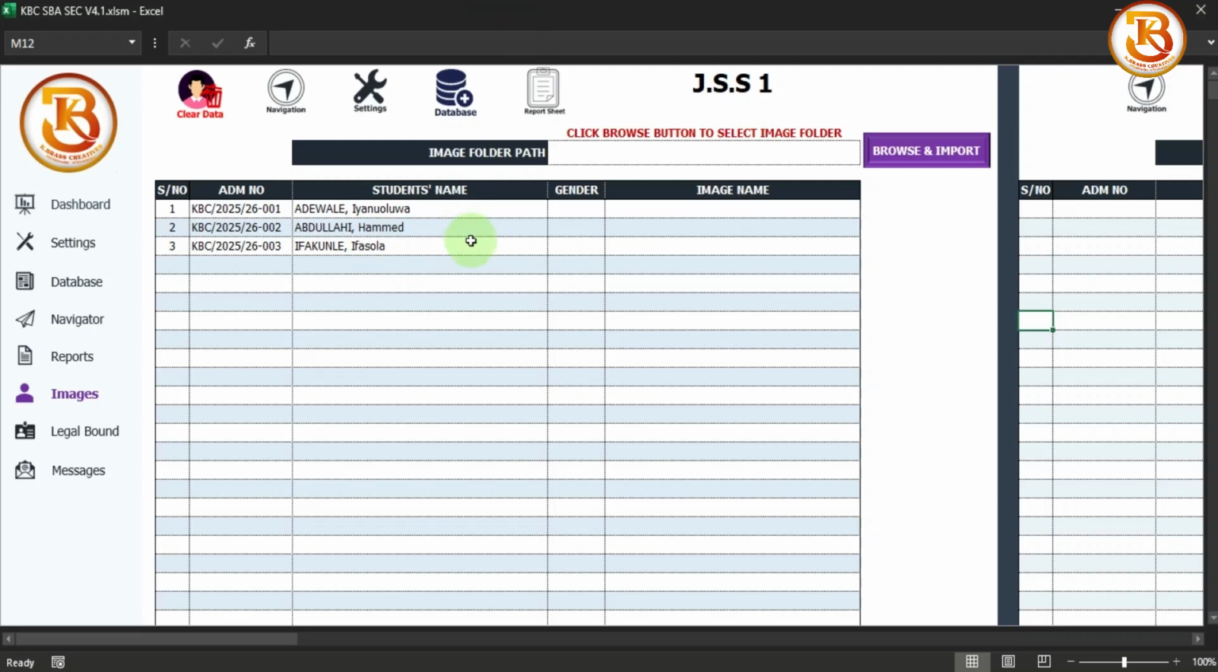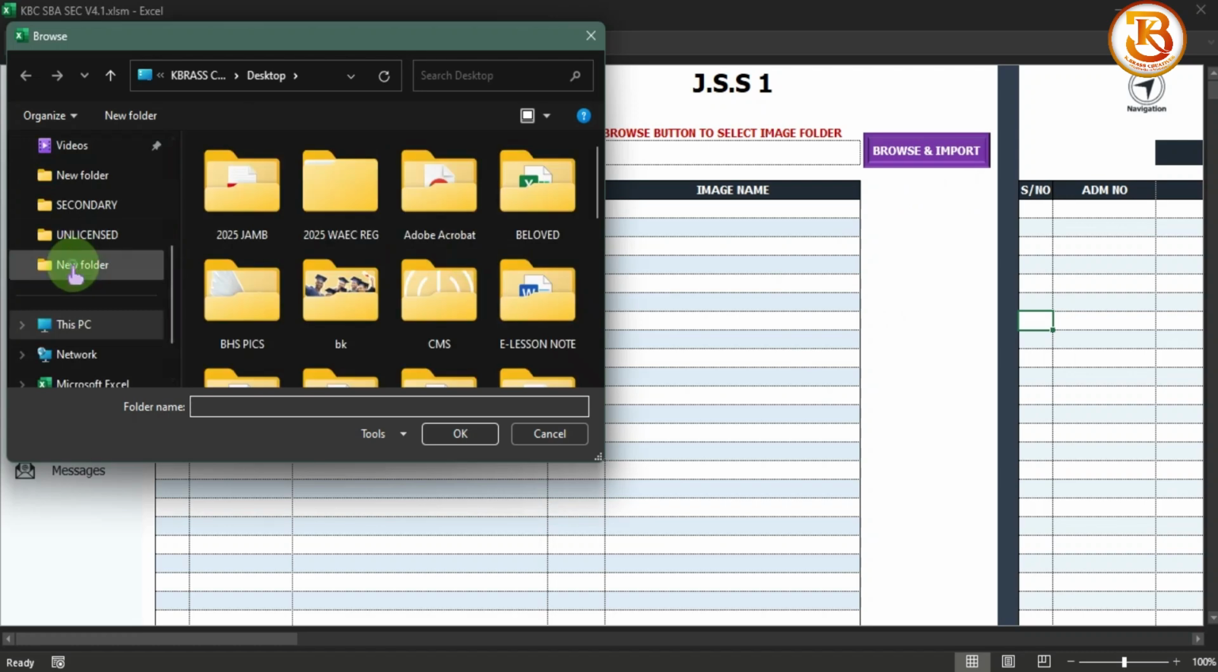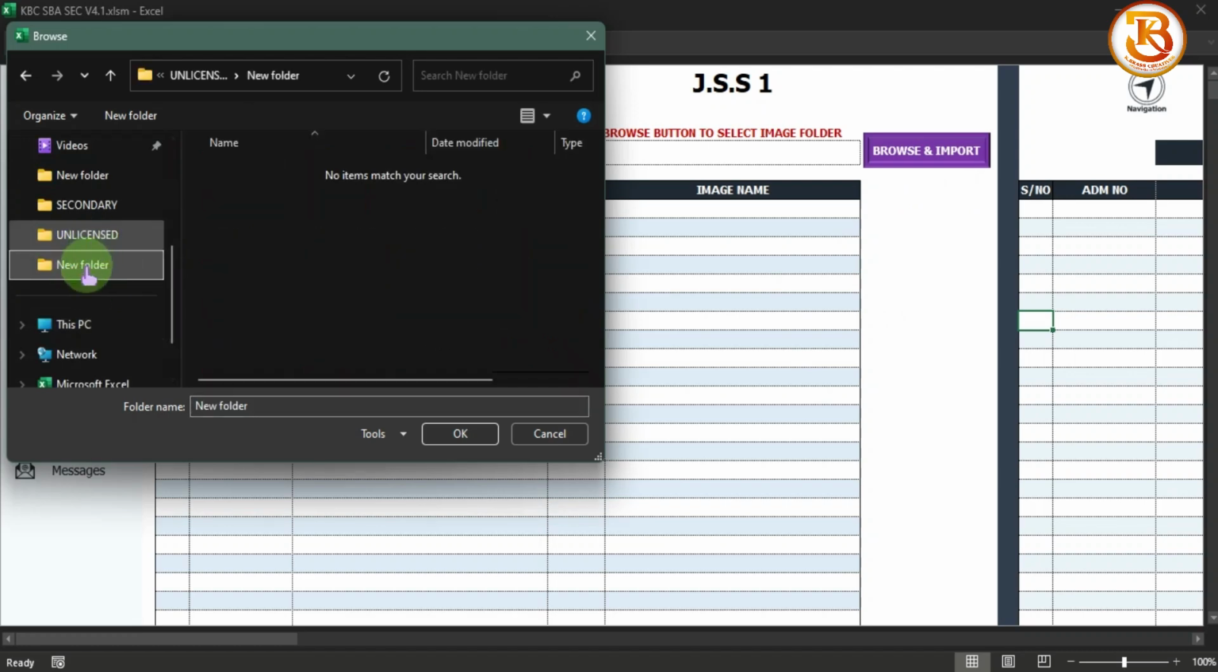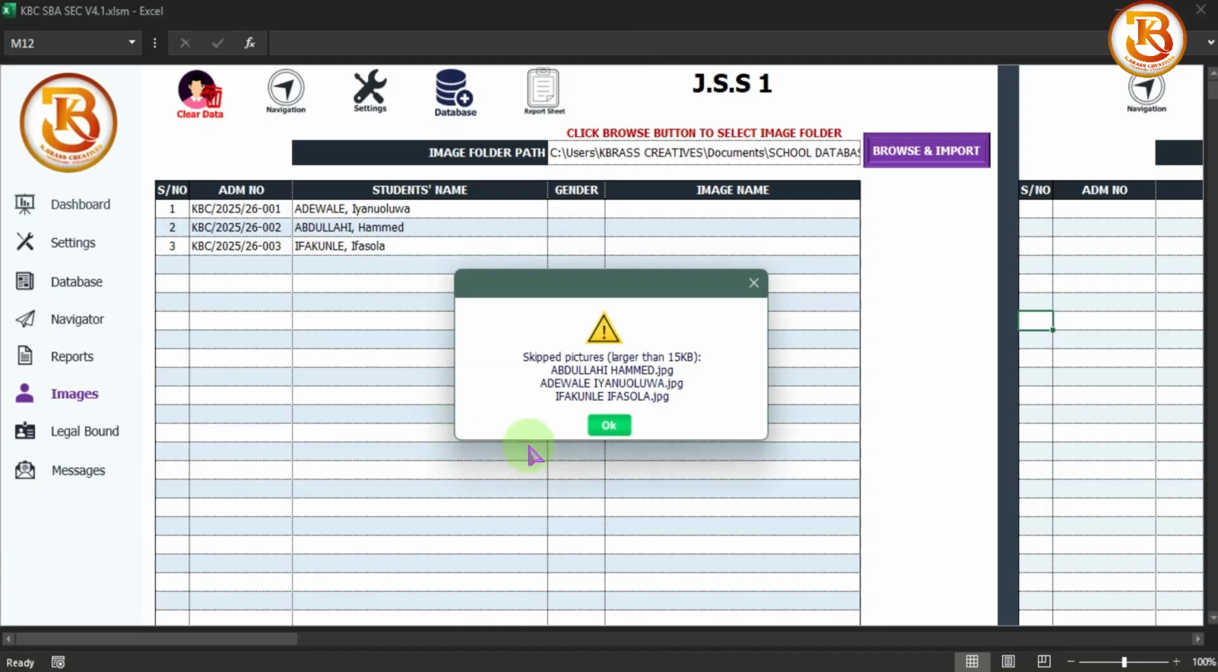I want to use a random image. I don't have any copyright access to that image. It's just a random image that I want to use. So all you have to do is, when you go to this image from the panel here, just click on browse and import. Then you locate the folder. So this is the folder, this is the new folder. So just click on OK. Then